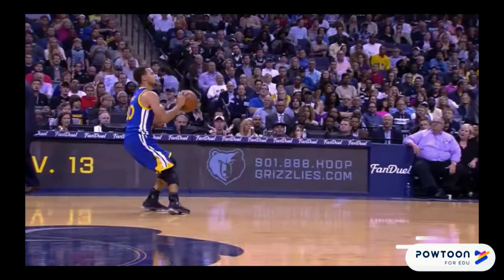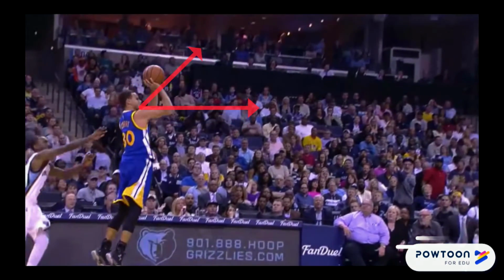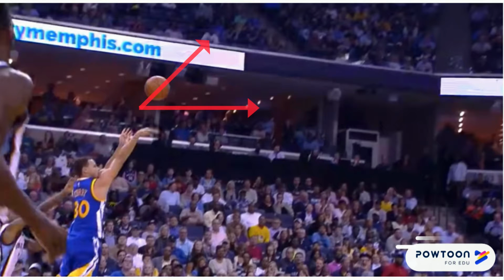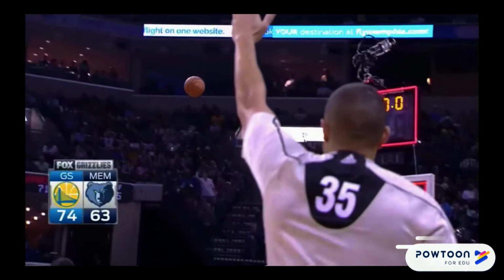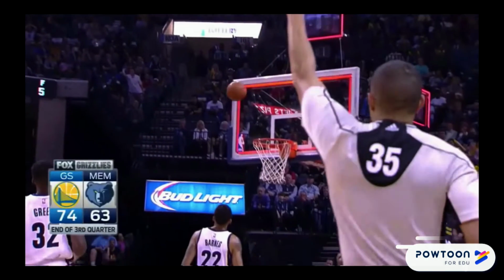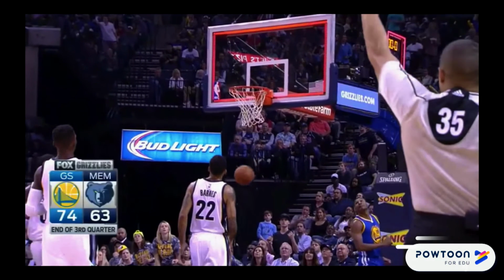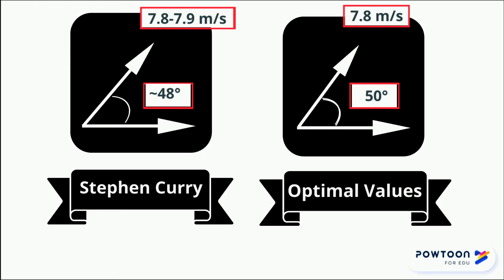How well do our results for an optimal angle match up to real-life NBA players? We see here Stephen Curry releases the ball at an angle of elevation of approximately 48 degrees. If this three-point shot enters the basket, then we can look to our plot to determine the speed that Steph releases this ball at. Of course, he knocks down the shot. Matching up a 48-degree angle of elevation on our plot to its launch speed, we see that Curry releases this ball between 7.8 and 7.9 meters per second. This is very close to the optimal angle and speed that we determined, which explains why Steph can knock down